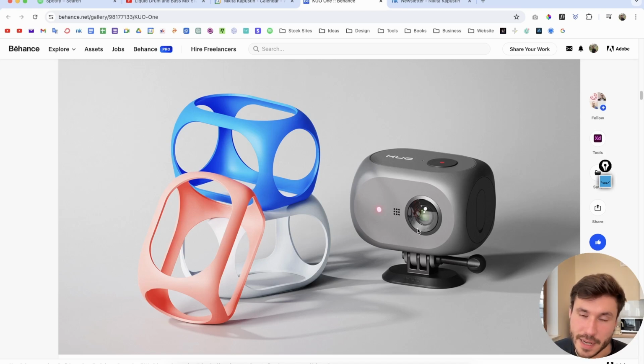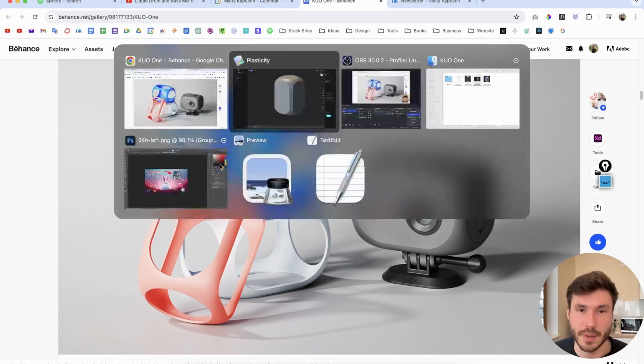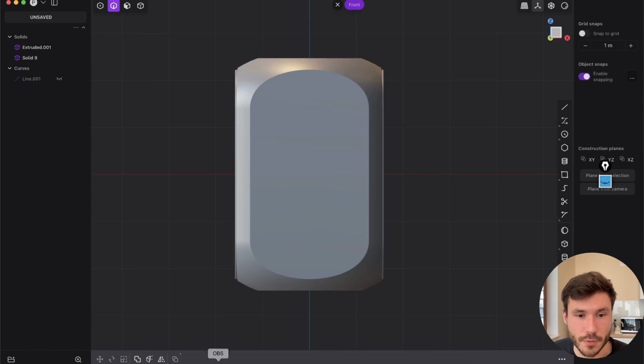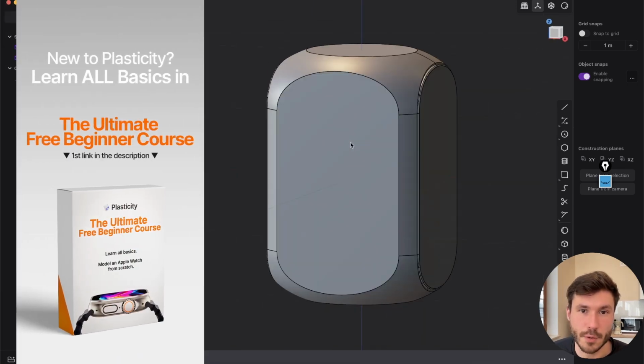Now let's create a very simple camera here. And again, I'm showing you because we will use the revolve command again. So you just memorize it better. So let's go here to the front view. And by the way, you can